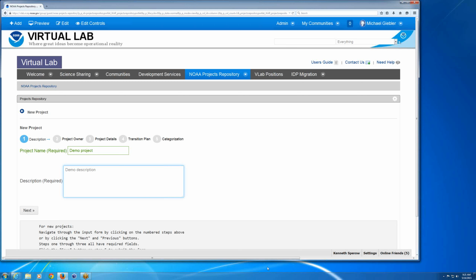Navigating through the different steps, we have two different ways of doing that. We have next and previous buttons at the bottom. Also, you can click on the step description up at the top. That works as well. It'll take you to